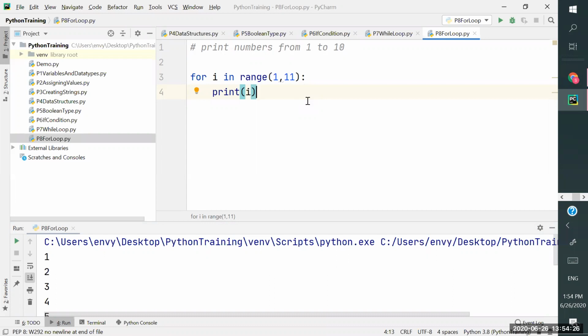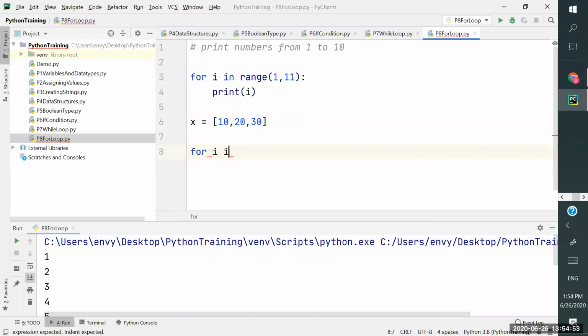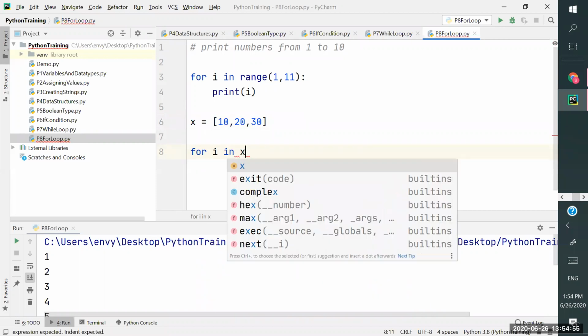But when it comes to Python, the same thing works as a normal for loop, the same thing works as an advanced for loop. So now how to print values of a list or set or anything? How can we do that? It's simple. All we are going to do is, let's take a list here, x equal 10, 20, 30. Simple, the same old story, for in X, that is my list.